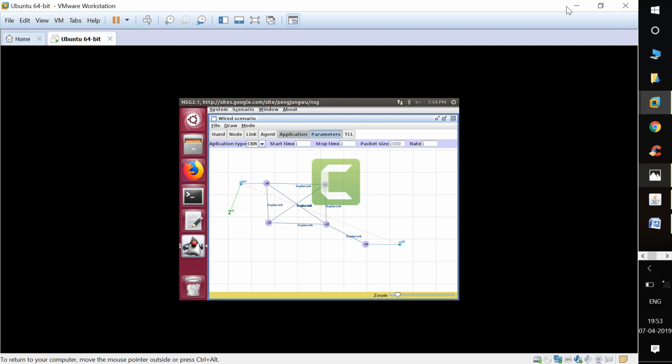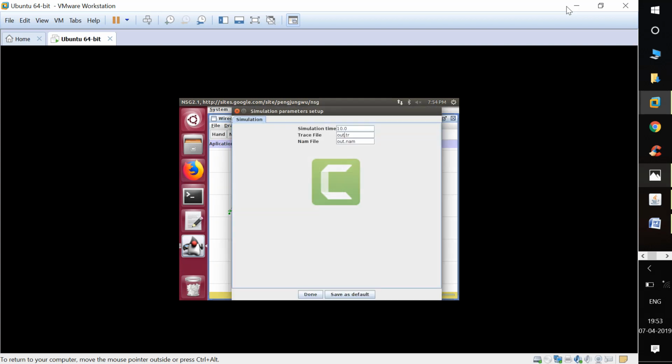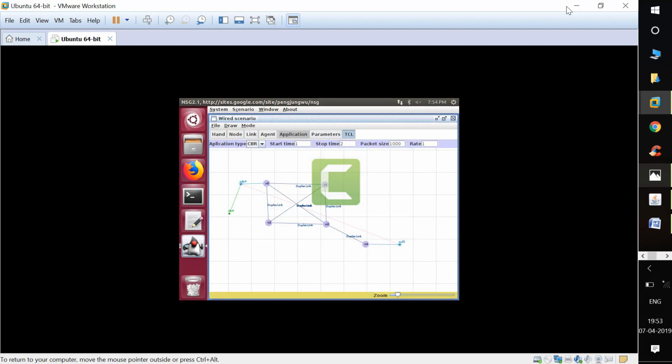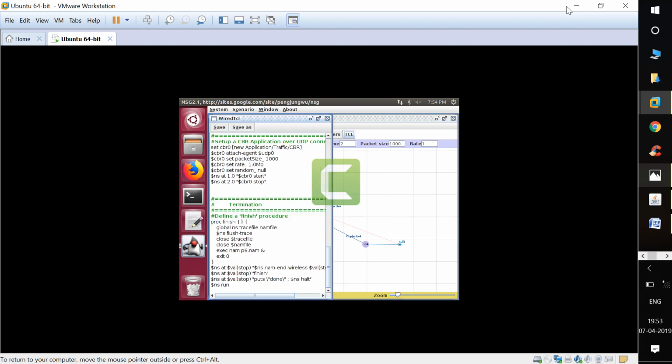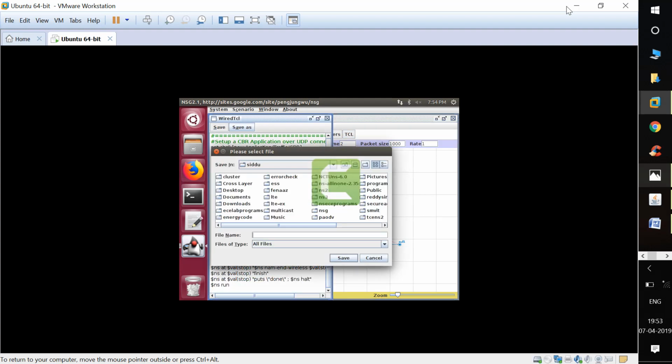I will name it as P6, last program P6, same as P6, then done, TCL. Code is generated. I will save this code in the drive.